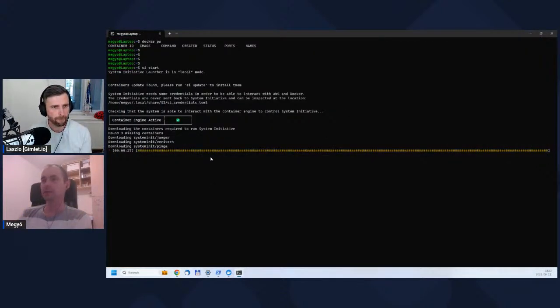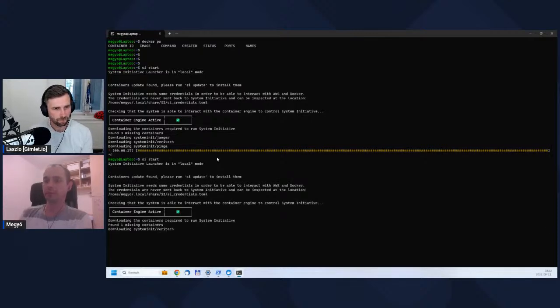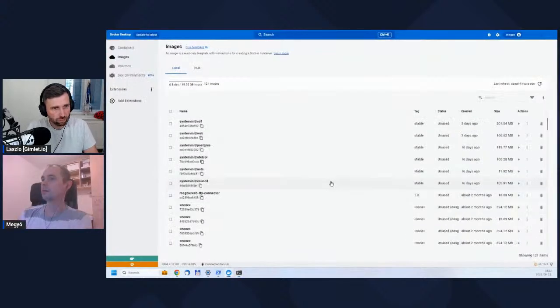Okay, and then this is, I don't know why it keeps happening. Maybe it's also my Docker setup that it's not the best in this WSL environment. It's just system init veritech. Let me check the image size. Is it the latest actually?